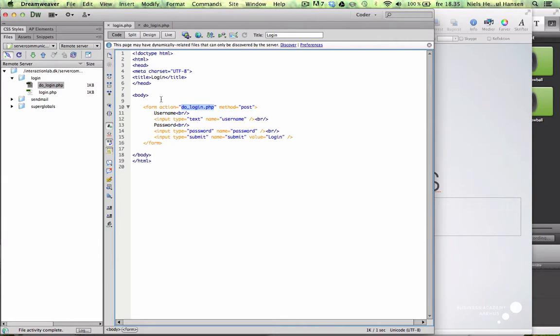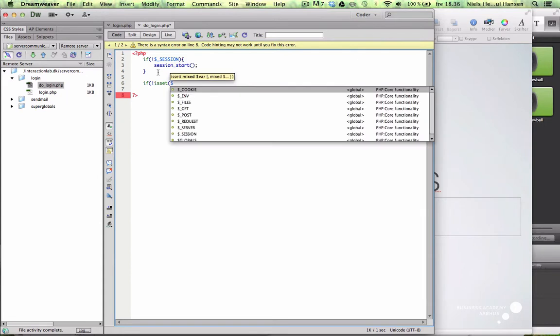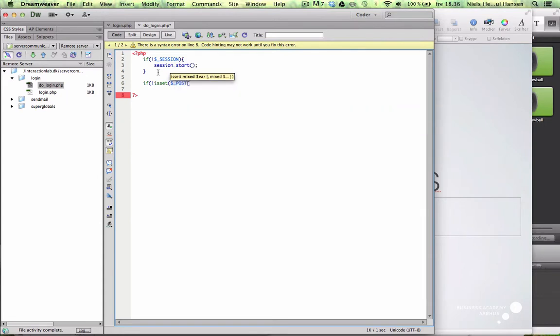So now I want to do something with that cookie. Now I have my session, so I will go here, and first of all I will find out if the user has sent a username and a password. I will find out if the username has not been set or the password has not been set, and I do that with this exclamation mark where I said if this is not true, that it is set in the post object